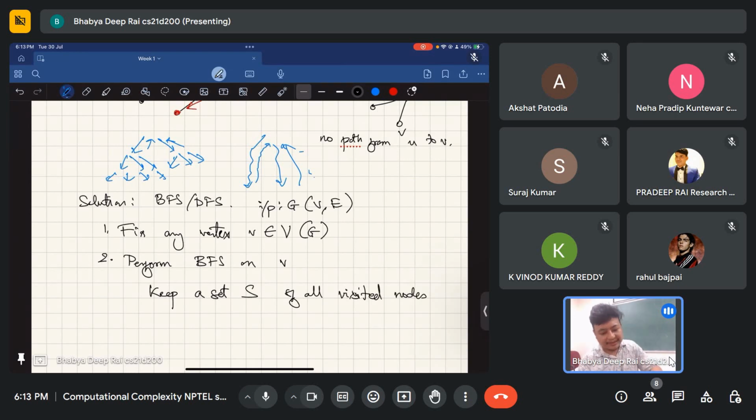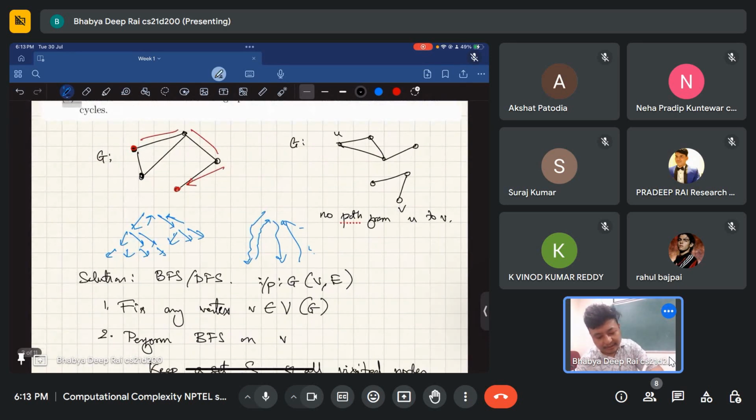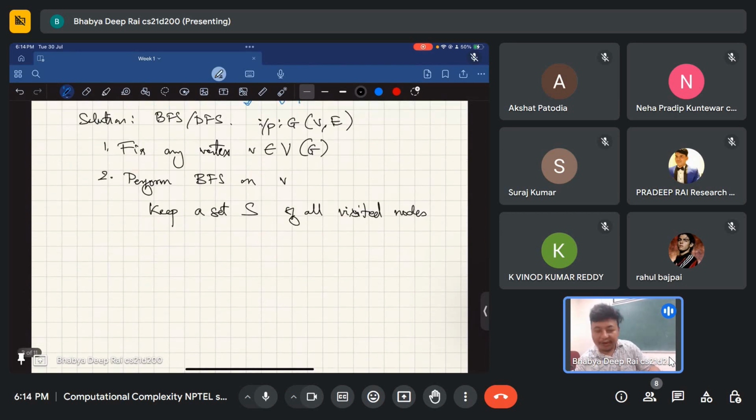Let's say I run a BFS algorithm on this particular graph. Then I have 1, 2, 3, 4, 5. I visited 1 first, then I'll put 1 in the visited set. Then I visit 2 and put 2 in the set. Then I visit 3 and put 3 in the set, and so on, 4, then 5, and I'll put them in the set like this. And once the algorithm ends,